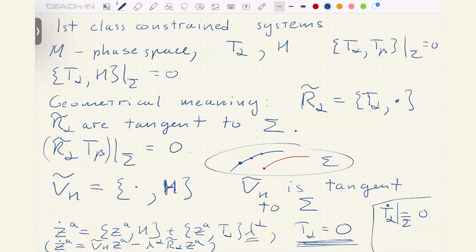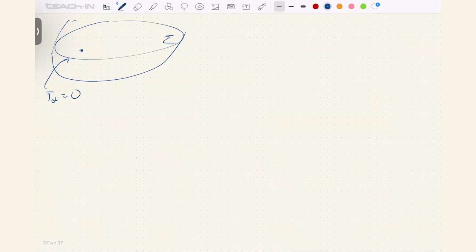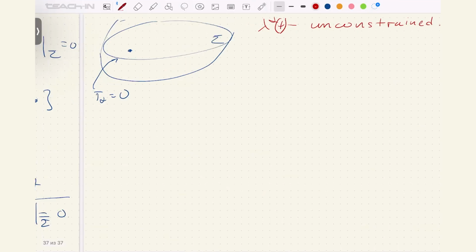So we need to start with a point. This point corresponds to our initial data. We need to start with a point of a constraint system and study its evolution. But the crucial thing is that lambda alpha are unconstrained. And these are functions in time and generic functions in time. Our equations do not impose any conditions on lambda. So it means that we can pick any function lambda and then solve